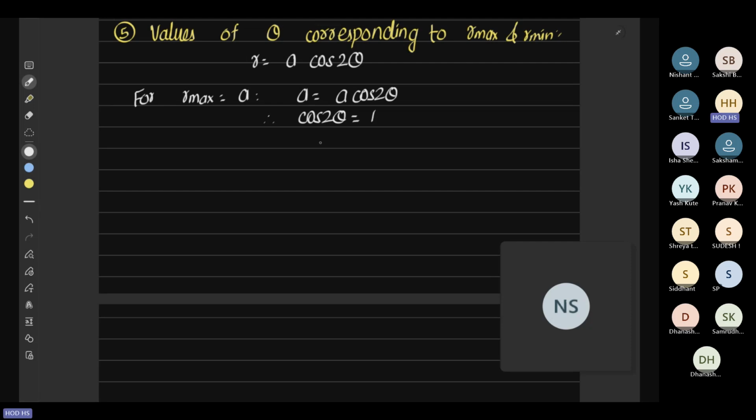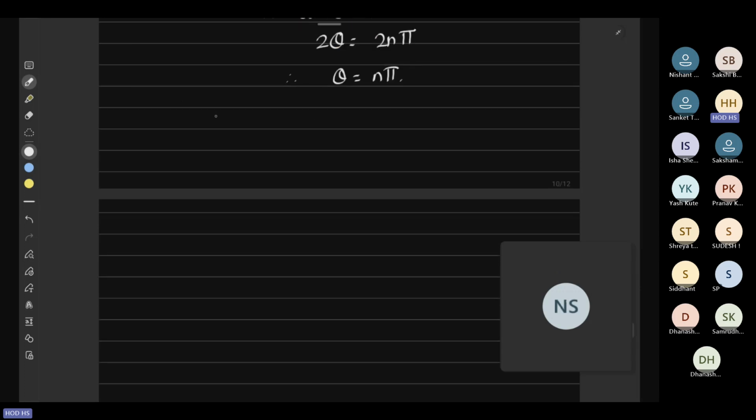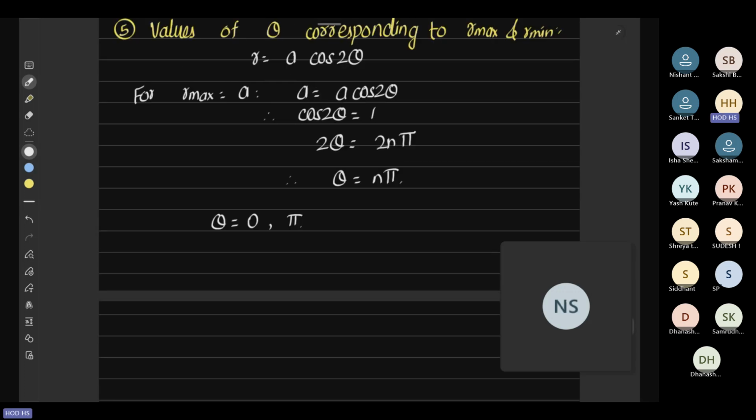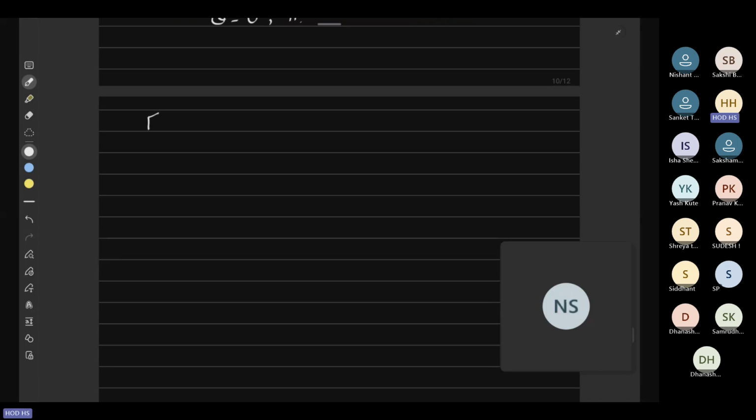So we have 2 theta as even multiples of pi, so 2n pi, and therefore theta is a multiple of pi. So in one complete rotation, we have theta is equal to 0 and pi. So these are the values corresponding to r max. Now for r min